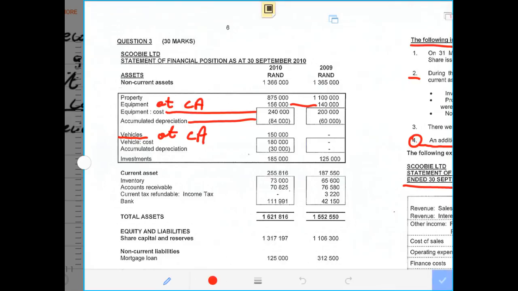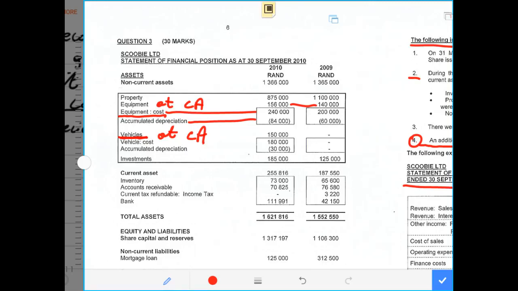And those two assets that can depreciate are equipment and vehicles. So now those are the two assets that do depreciate. Property does not depreciate in this instance. So now that means for us to calculate our depreciation, we have to look at the accumulated depreciation of equipment